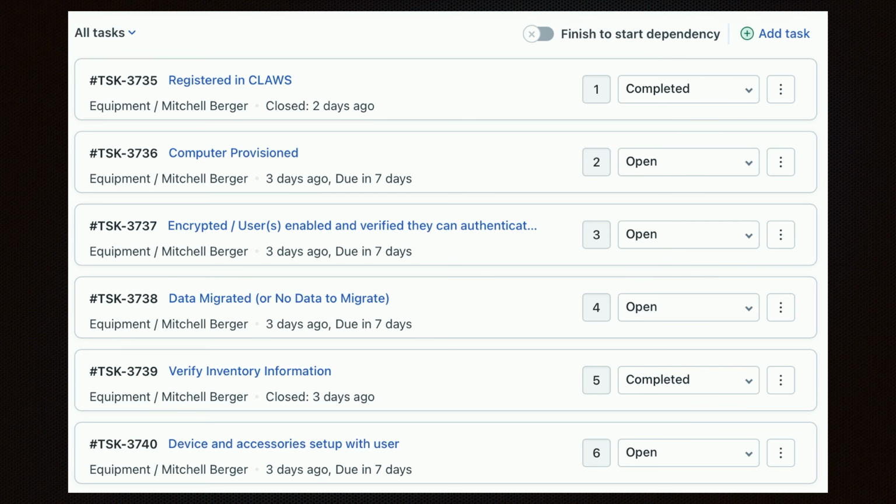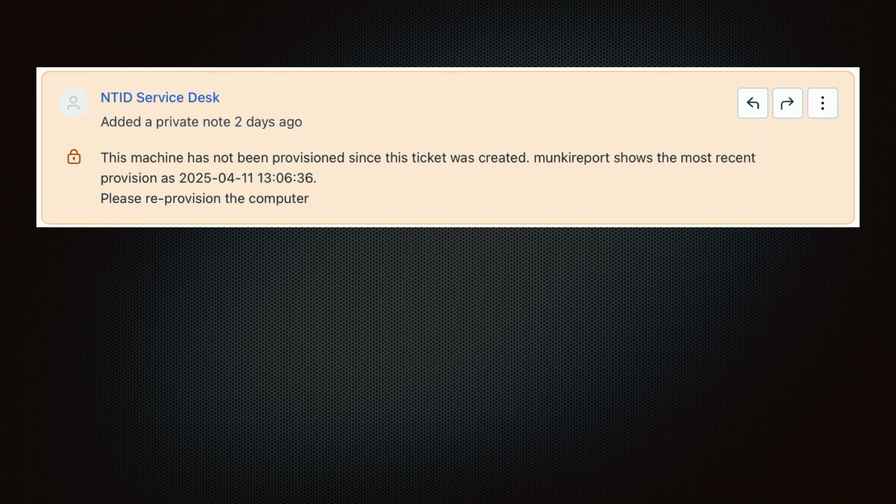The ticket can't be resolved until all the tasks are complete. We have a log of who performed each task and when. But sometimes someone might think they completed a task, but it wasn't done correctly. By combining our data sources, we can verify that the tasks are completed correctly. This both maintains our compliance and reduces how often follow-up visits are needed. When the system sees that a task marked complete does not meet the criteria, it adds a technician note to the ticket and resets the task to open.